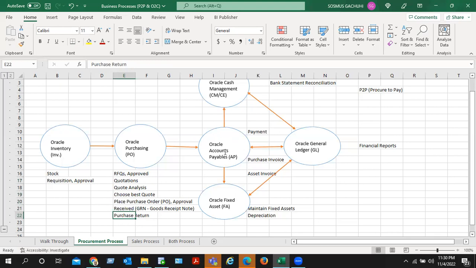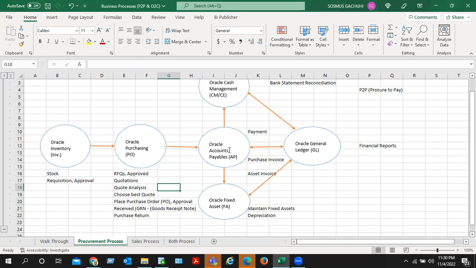Once this information has been received through the goods receipt note document, it will be shared with